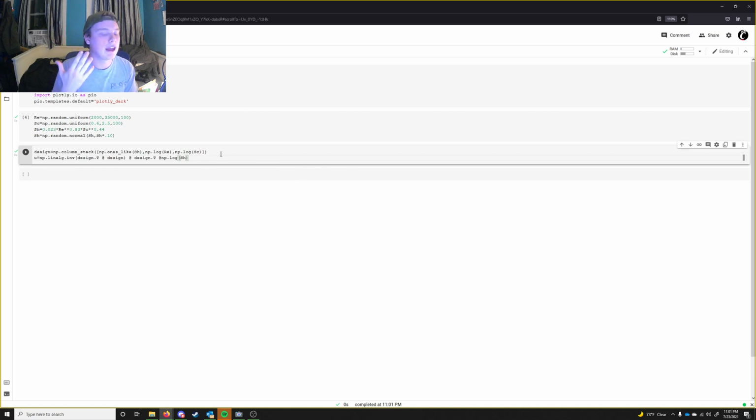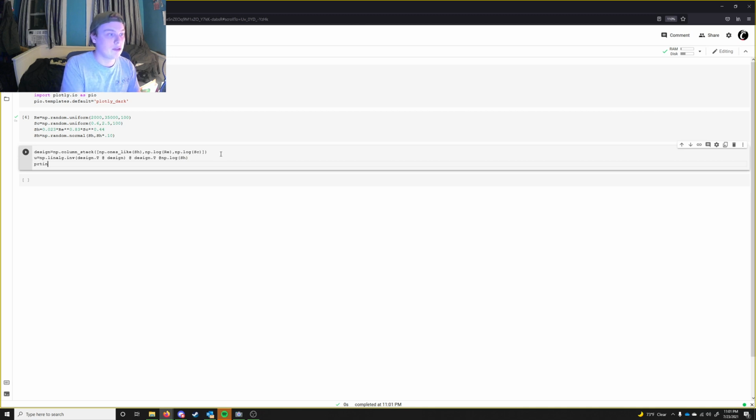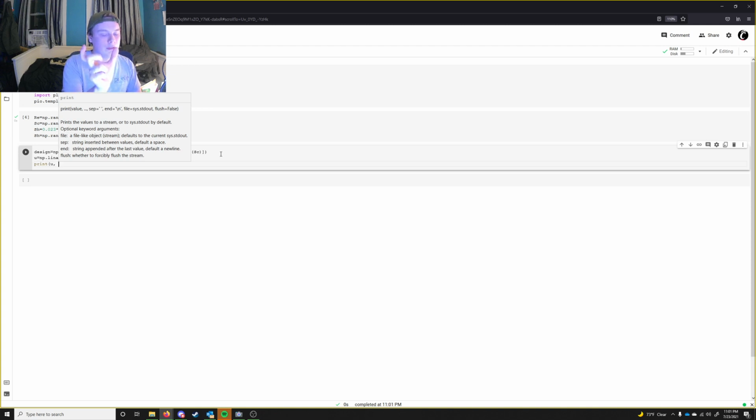So now that we have that, we need to find the proper values that we want. So now we have to just print the matrix, right? But we only want the first object in the matrix, because that's going to be the actual answer of the A, B, and C unknowns. But that'll give us the natural log of those unknowns. So to get the actual numbers, we need to raise it to the exponential. So we're going to do